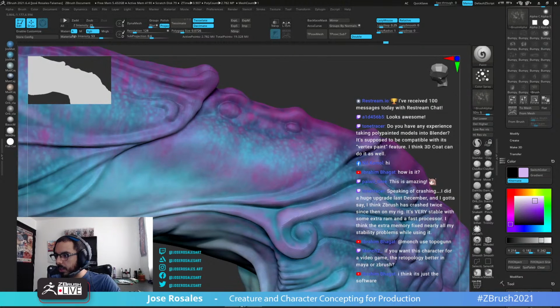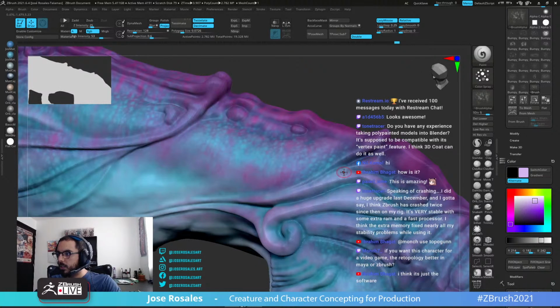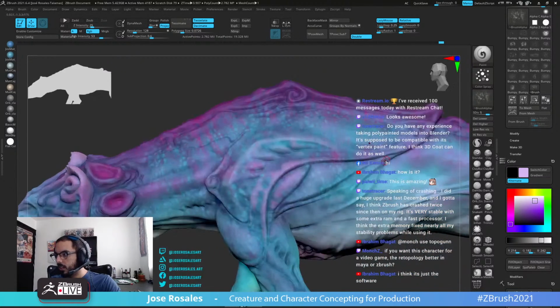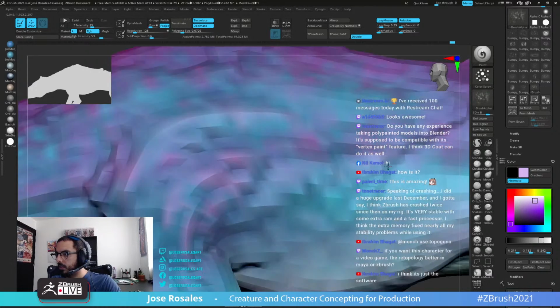So sometimes you need to go by hand and just paint exactly what you need, controlling the opacity and whatnot. It's a bit more slow, but gives you good results. Same here, I really want these lines here to pop, at least with color, so